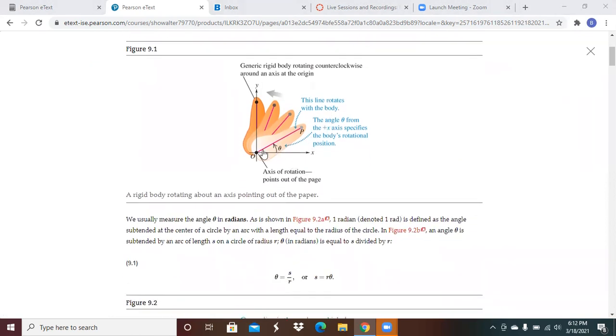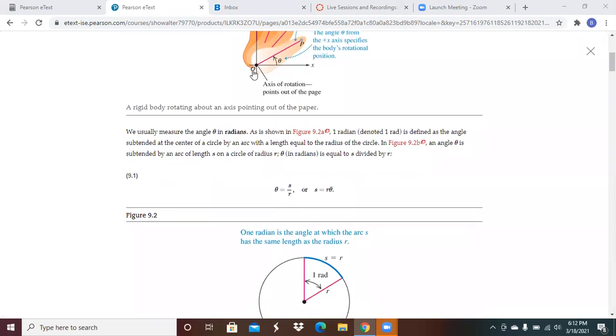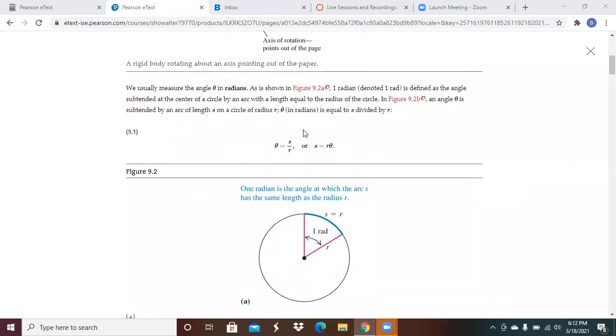So in general, as I've talked about, you've got this really obnoxious oblong object here, and you've got an axis of rotation here, and you've got an angle, and it's made with a positive axis, rotates through this way, and the axis of rotation, of course, here is going to point out of the page. So how is theta going to be measured? It's going to be measured in radians, where you've got this arc length here,